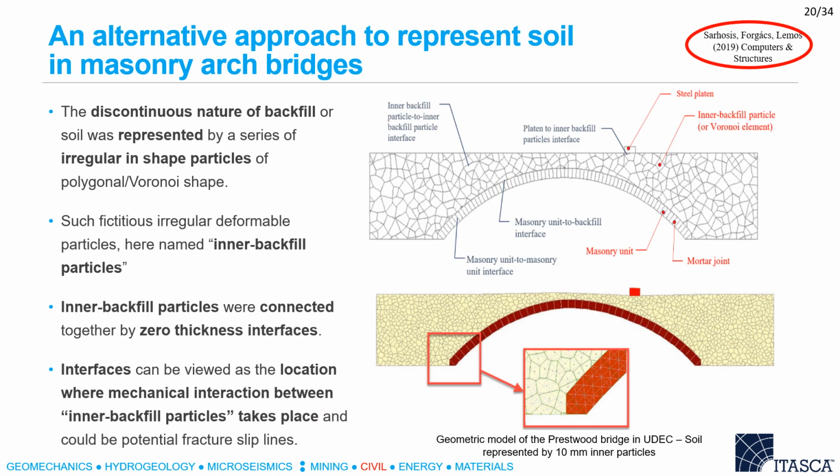Geometric models to represent the geometry of the Presswood Bridge were created in the Discrete Element software UDEC. The developed 2D numerical model simulates plane strain conditions. Masonry units in the arch were represented by an assembly of rectangular deformable blocks. Mortar joints were represented by a zero-thickness interface. These interfaces can be viewed as interactions between the blocks and are governed by appropriate stress displacement constitutive